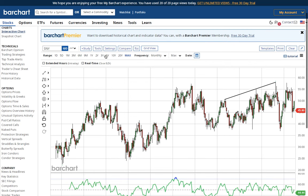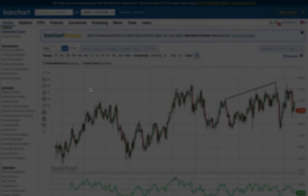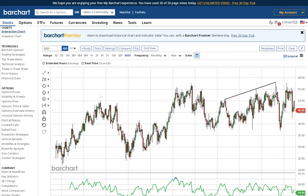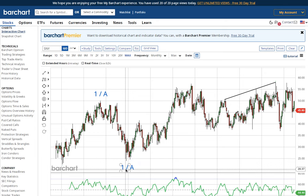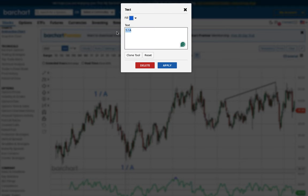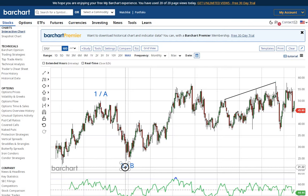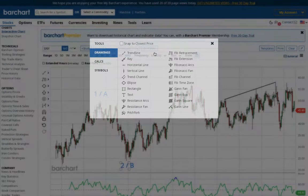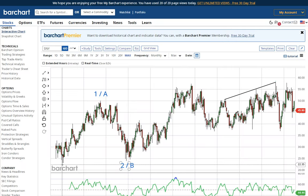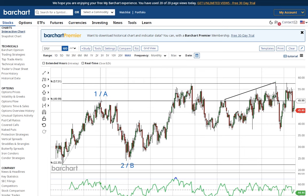This is a huge long-term count. And that's why paying a massive dividend is a big appeal to it. But that's also why patience is going to be a big appeal to it. Don't get confused if you see that I'm doing wave 1 and wave A. I really explained that dynamic in my last video on the Dow Jones pretty thoroughly. This is just something that I do out of habit, because if this was wave A, wave B, or wave C, or wave 1, wave 2, or wave 3, the argument that I'm making